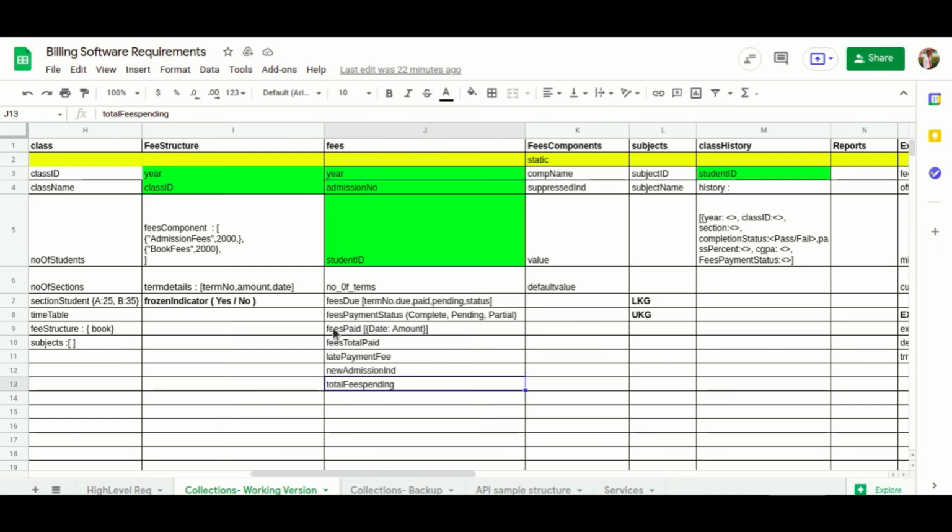Looking at the fees paid field, it's like an array field, right? Depending upon the requirement, the developer will decide whether the field is an integer or a string, its type, array or array list. Everything depends upon the requirement only. In fees paid, we are making it an array of details. In the fees collection, it is stored as a subdocument.